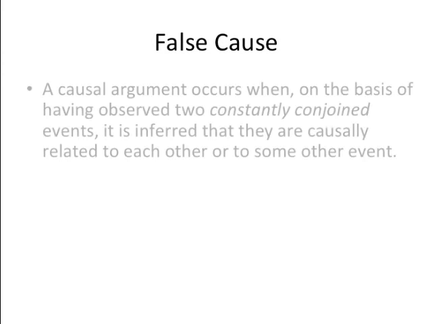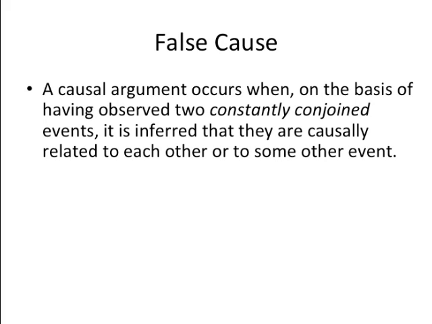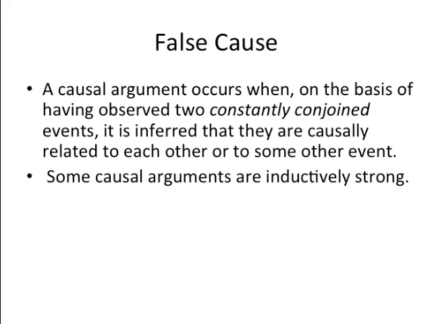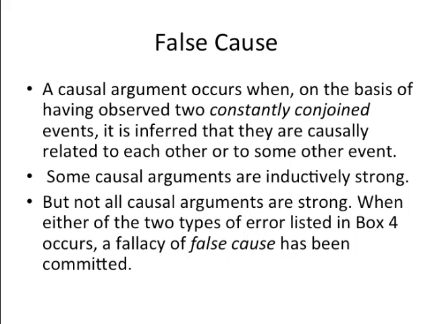We come now to the fallacy of false cause. We're familiar with causal arguments from Unit 4, where we studied induction. Causal arguments posit a relationship between two events, such that one is either the necessary or sufficient condition for the occurrence of the other. Many causal arguments are inductively strong, such as those that occur in the sciences, but those that aren't are considered to be fallacious. They commit the fallacy of false cause.